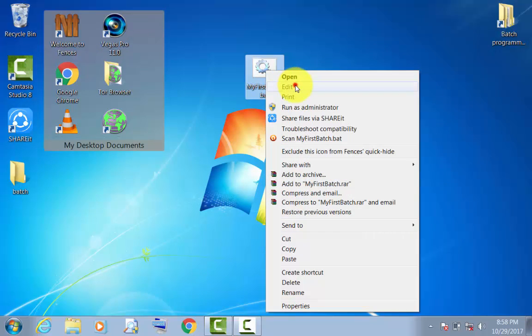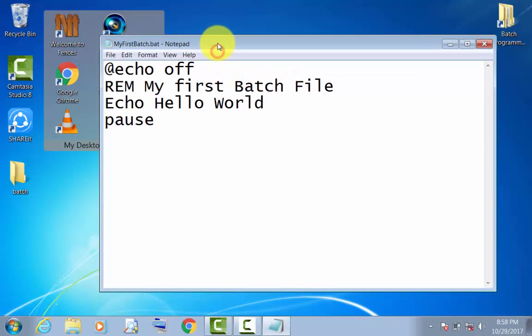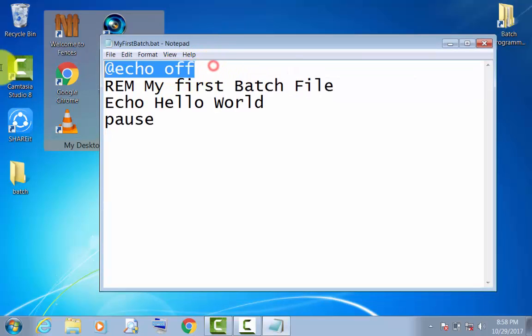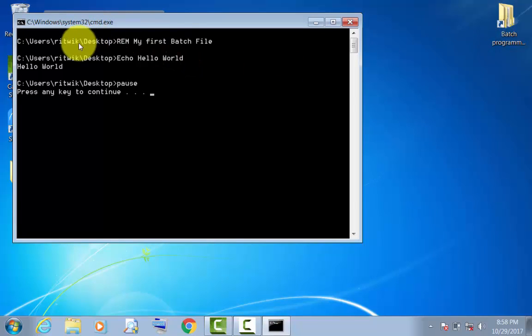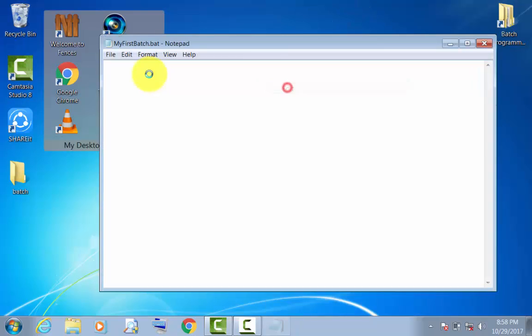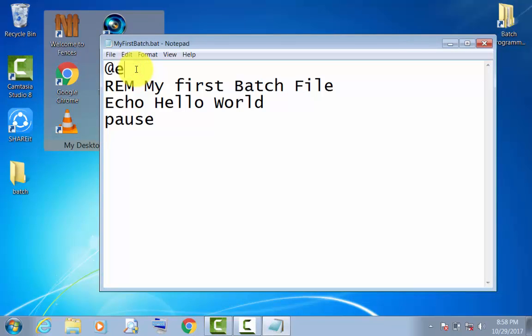Now if we don't put this echo off, I'll save this and run this again. So these things like C users Ritvik desktop will come every time if we don't put @echo off. So definitely we have to put @echo off, as we want to concentrate on our output only.